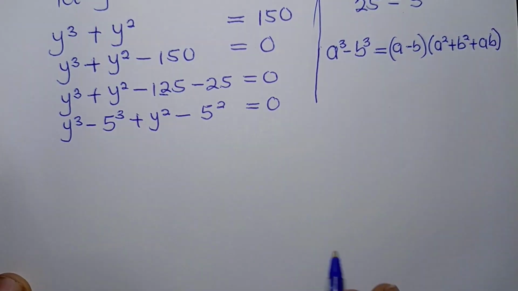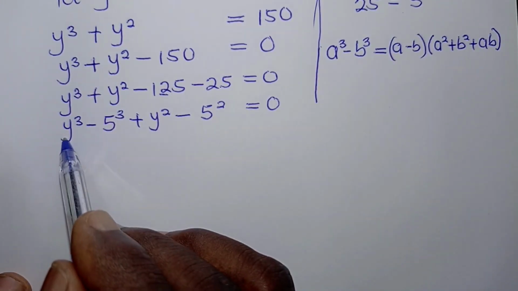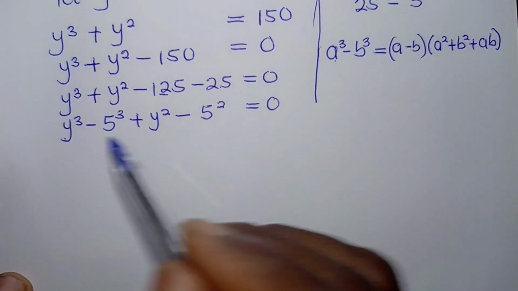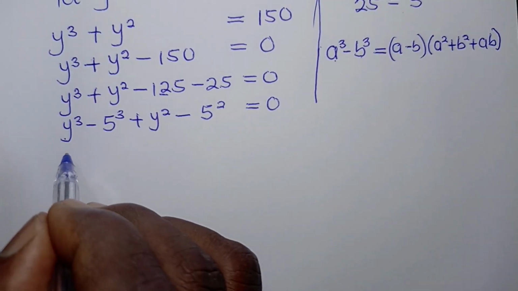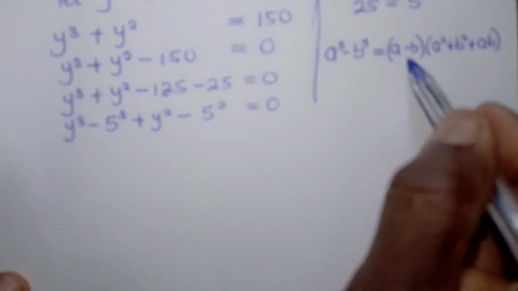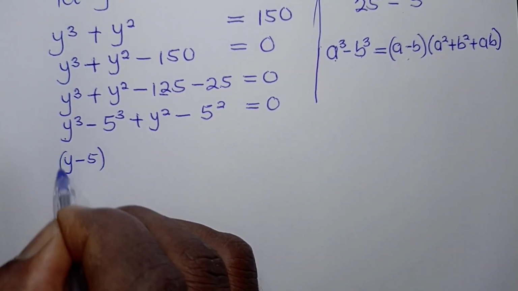So we can apply this rule. Here our y is equal to a and our 5 is equal to b, so the exponents are the same. Applying that rule, we can have y minus 5, brackets open,